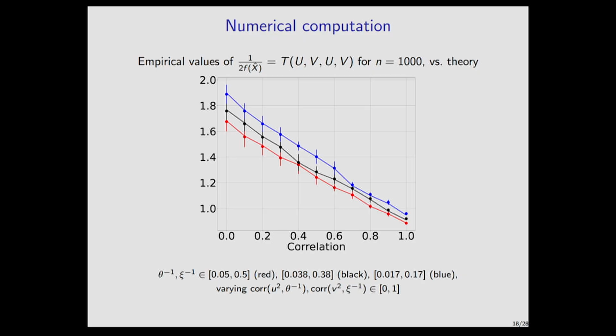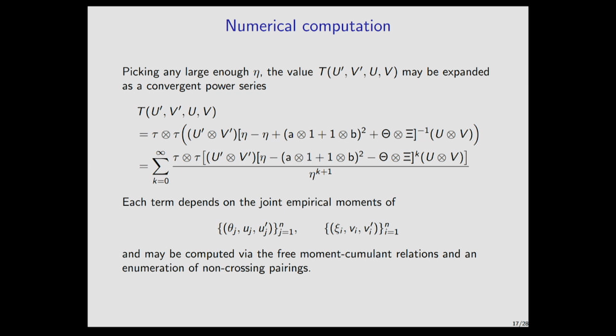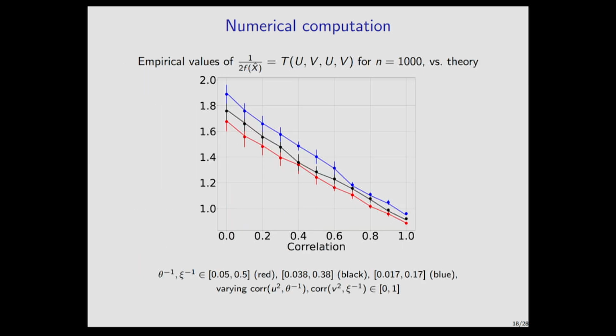And we did implement this numerically, and I can show you an implementation of this prediction. So this is an example where n equals 1,000. We solved random instances of this problem using gradient descent for n equals 1,000. The dots that you see are the mean values of the solution with error bars indicating 1 standard deviation. And then the solid line is what we computed using this kind of trick up to m equals 12 terms of that series. The horizontal axis here is a correlation parameter controlling the correlation between these u and theta variables and v and xi variables defining the problem.